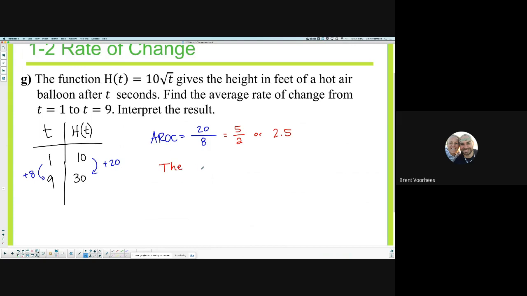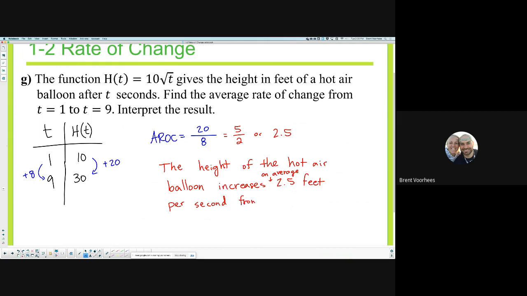The height, sorry, I'm interpreting the result. Here's what I'm doing. The height of the hot air balloon increases 2.5. What unit are we in? Feet? Yeah. Increases 2.5 feet per second. And I forgot the word on average. Oh my goodness. On average. Sorry. The height of the hot air balloon increases on average 2.5 feet per second